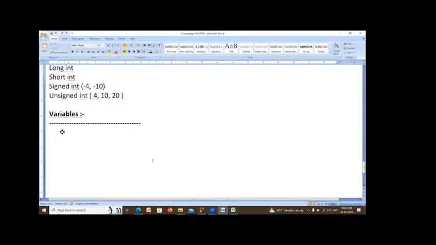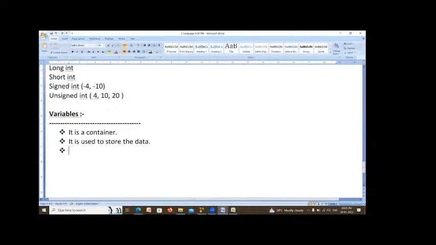So it is a container. What is the use of this container? It is used to store the data. If you want to store the data, you have to use a variable.